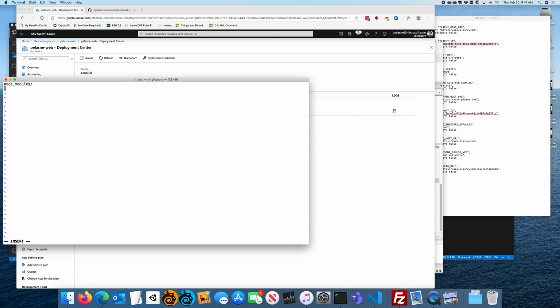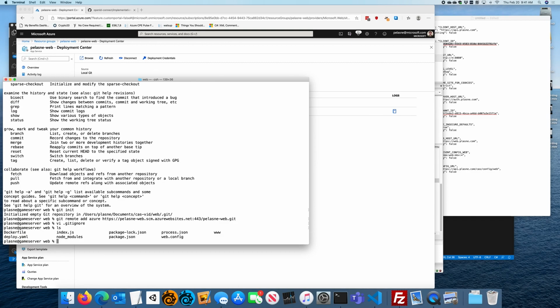And see, I want to ignore my .env file as well. I don't actually know if I have a .env for this one, but just in case I do. Okay, so great. So that will deploy everything. Some of these files we don't actually need, so I guess we could add those to our thing as well, but it's fine. As long as we get the process JSON, the package JSON, the package lock file, then